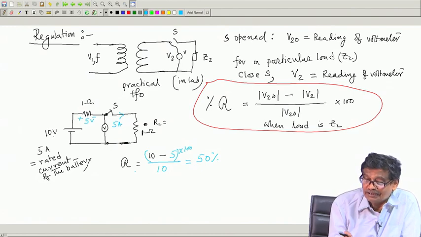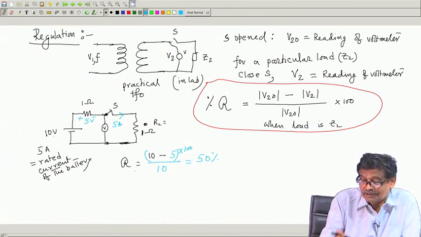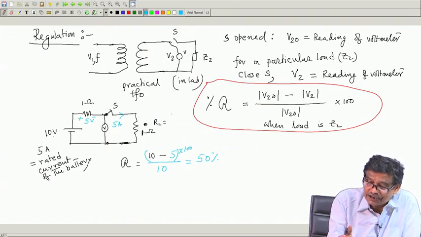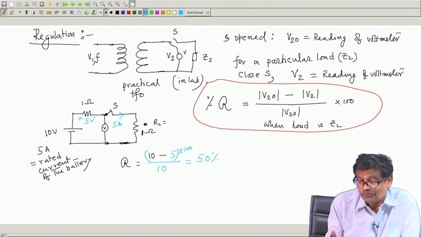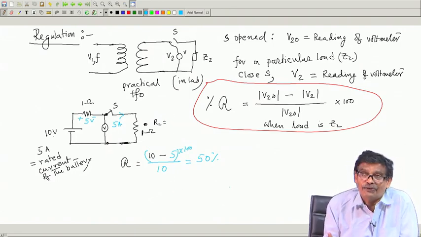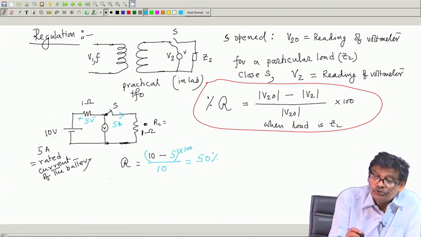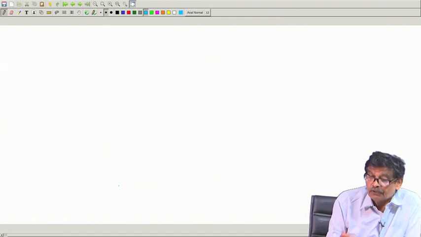I will say, oh, this is a very bad source. You thought you will supply your load with rated voltage, but at the moment you connect load, the voltage drops from 10 volt to 5 volt. It is not a good source. A good source will be perhaps, oh sorry,